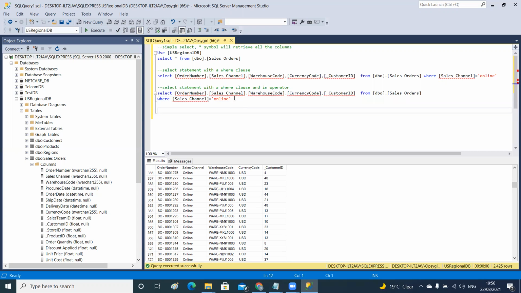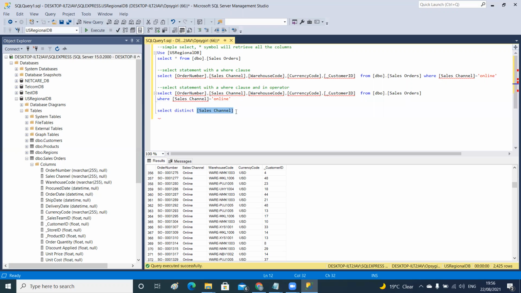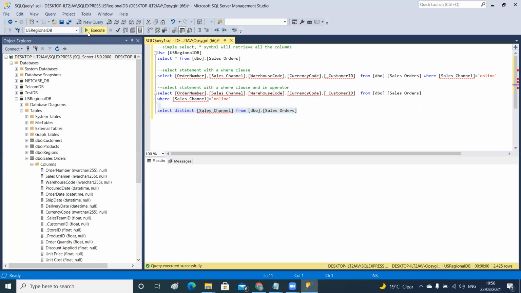Okay, to check the channels, we can write a statement using the distinct clause. So we'll say distinct sales channel from the table. So if I say distinct, the word distinct is just like unique in English language. So this would give me,